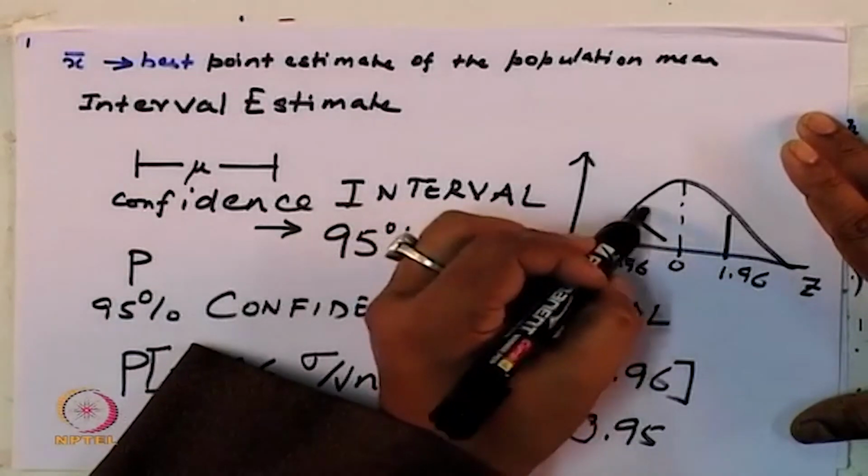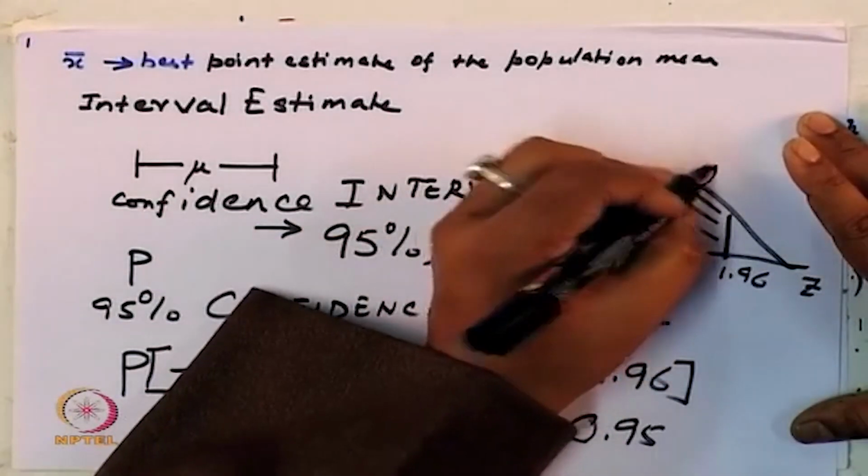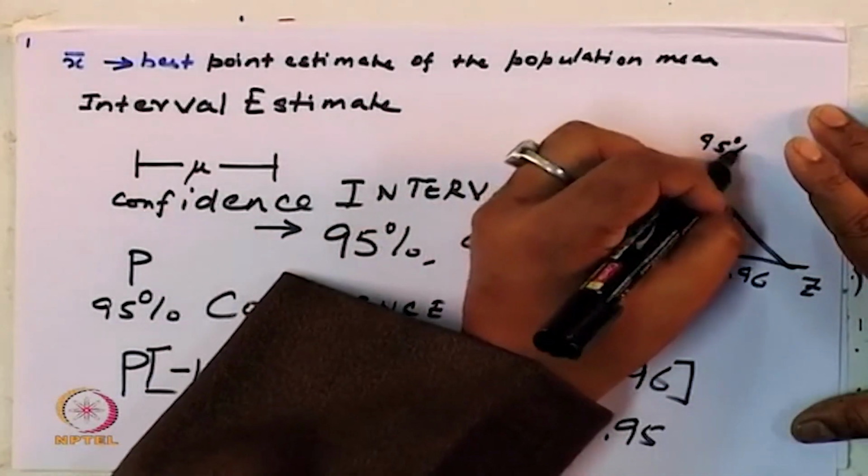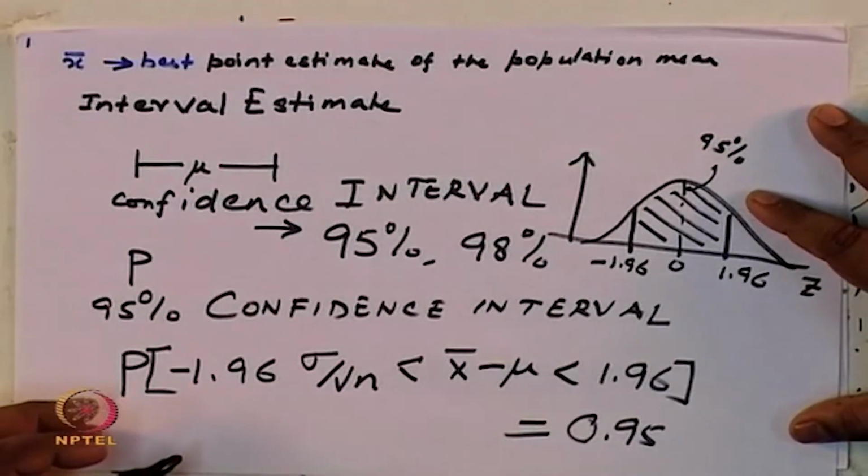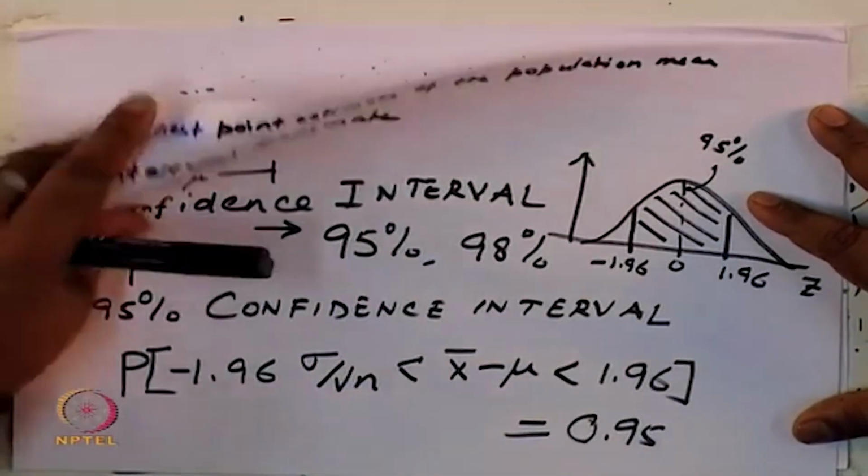Within two standard deviations, this area is 95%, or gives a probability of 0.95. From this expression,